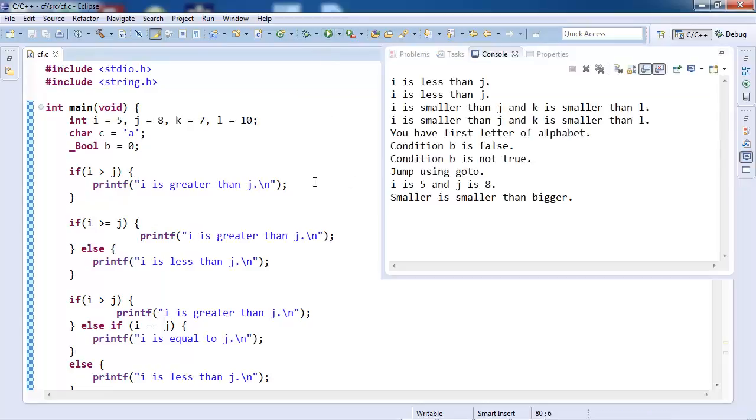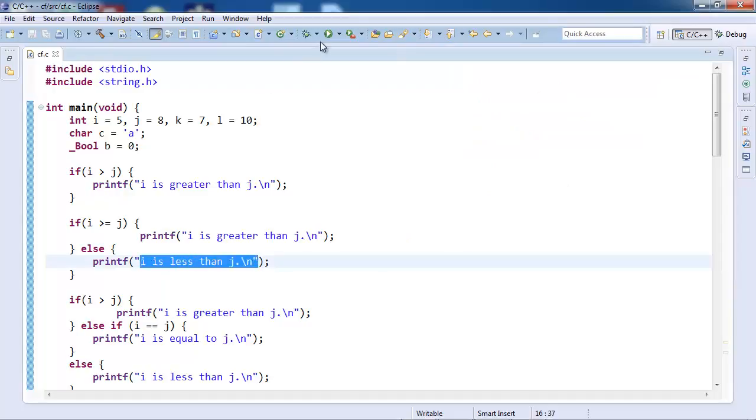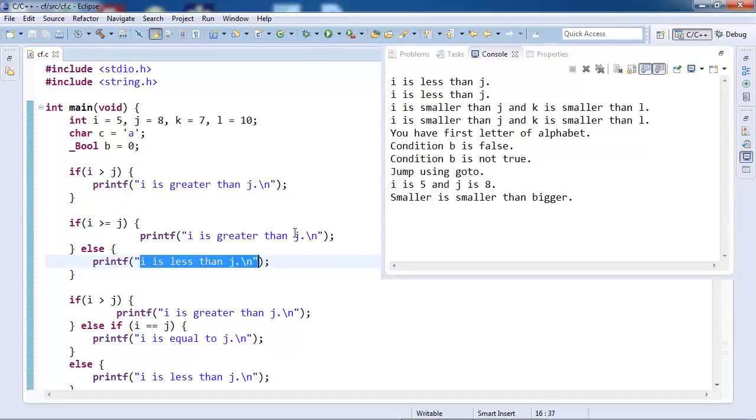and examine the output. So i is less than j. So this is coming from here. Okay.